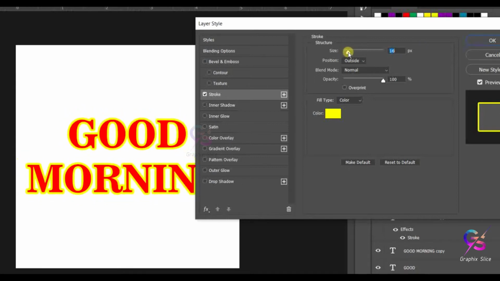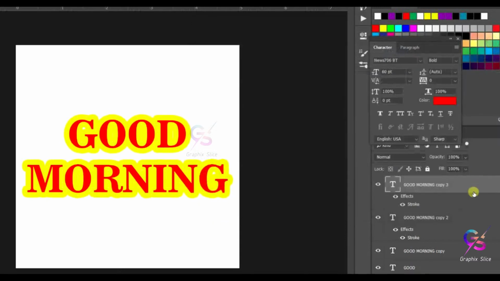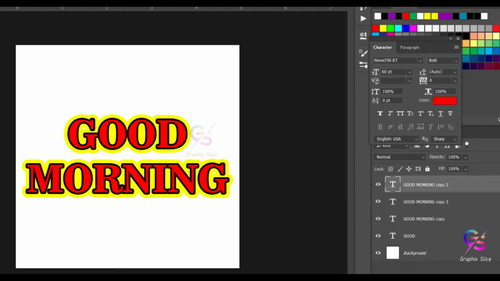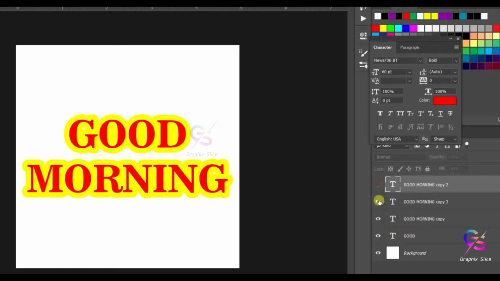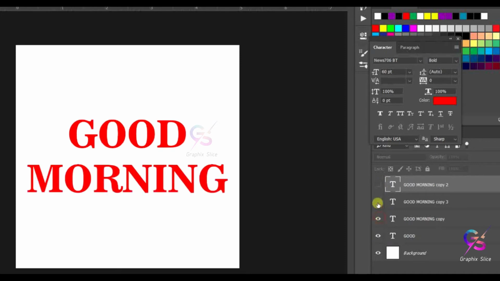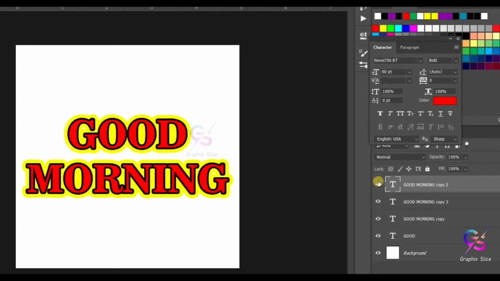Stroke size like this. Okay, so just drag this layer below this. See, now you can see both black and yellow color text. So 1 2 3 4 layers. First, second, third, fourth, right?